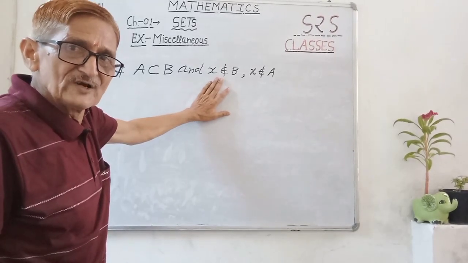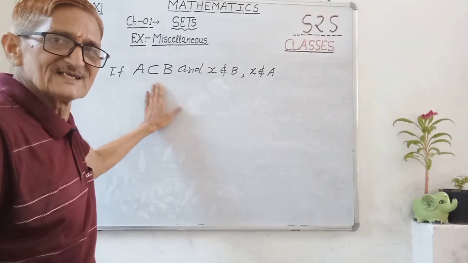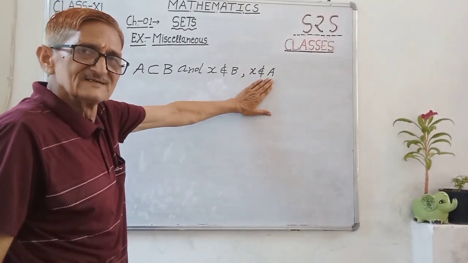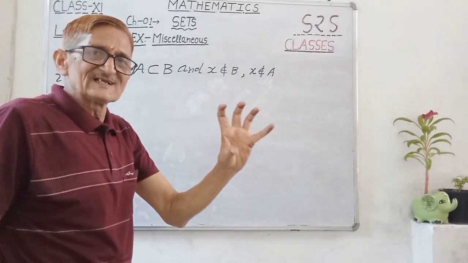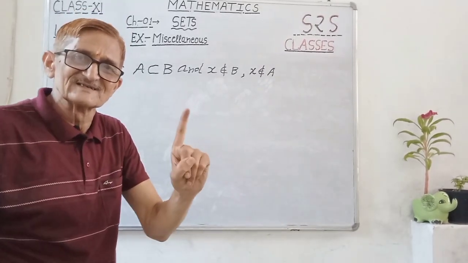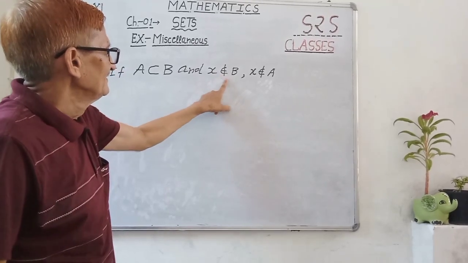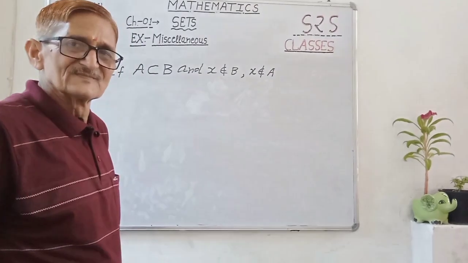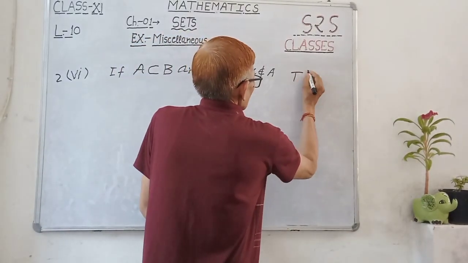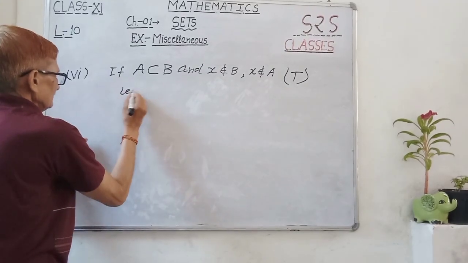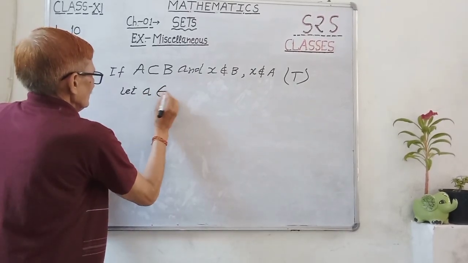x is the arbitrarily chosen element, anyone, for everyone x. So when x is not in B at all, then where would it come from in A? A is the subset of B, so it will not be in A. x does not belong to A. Okay, any element, not only the x you took as one example, for every x. If x is not in B, then how can it be in A? x does not belong to A, always true. Example: let A belong to set A.